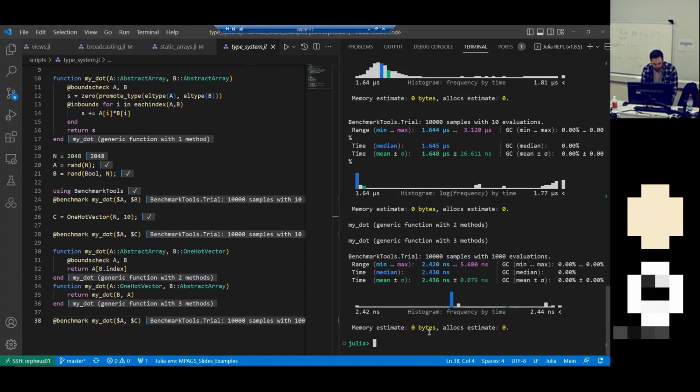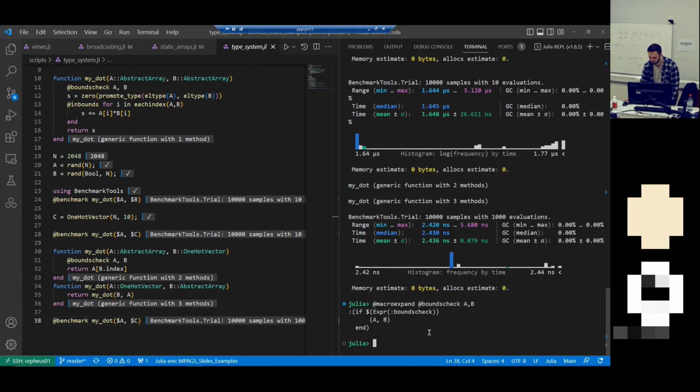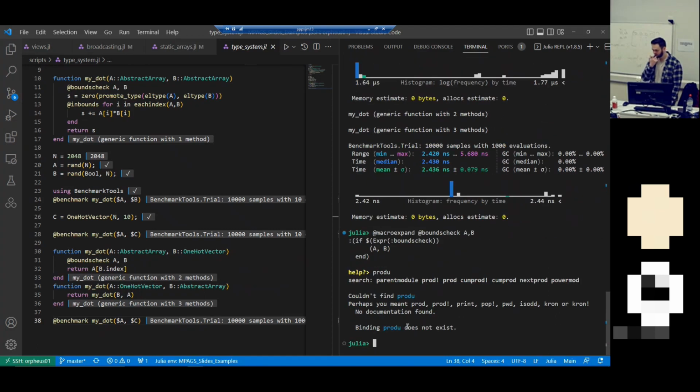So there's a macro called macro expand, which tells you what a macro does, which is nice. But if we actually have a look, yeah, so basically this just calls the bounds check function. So yeah, if you're in the REPL and you type a question mark, it will come up with the help. So if you don't know what function you want, let's say you're looking for a product, you can type part of it and it will give you examples of functions that you can use. But if we have a look at bounds check,